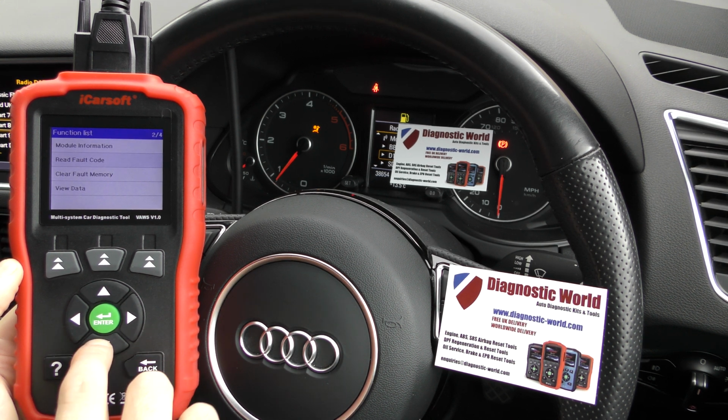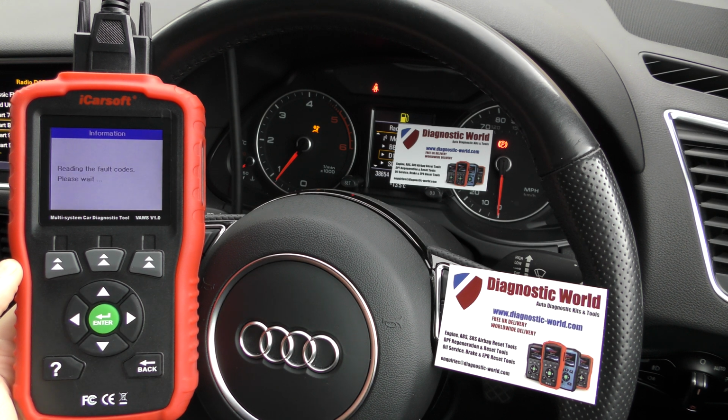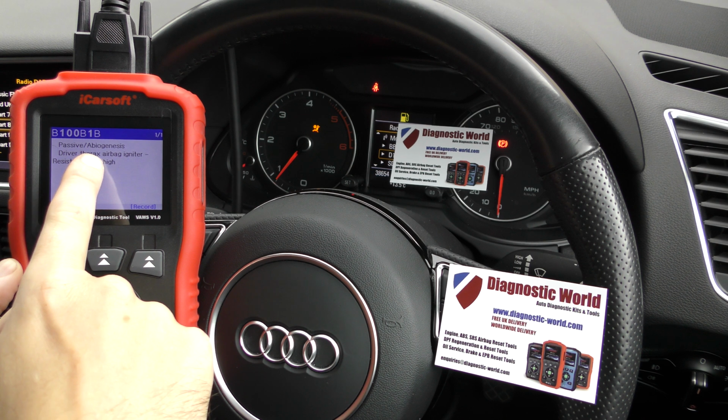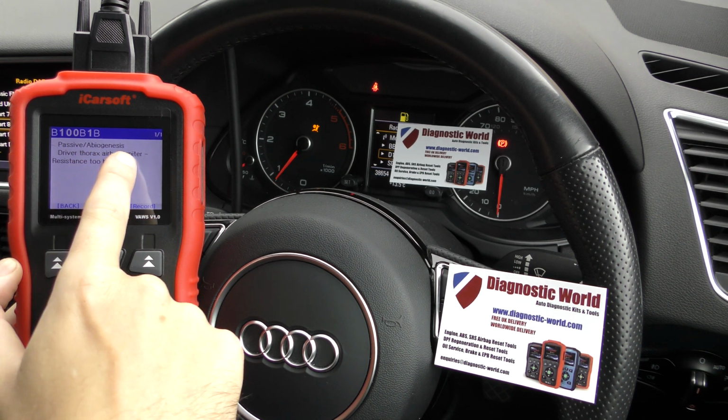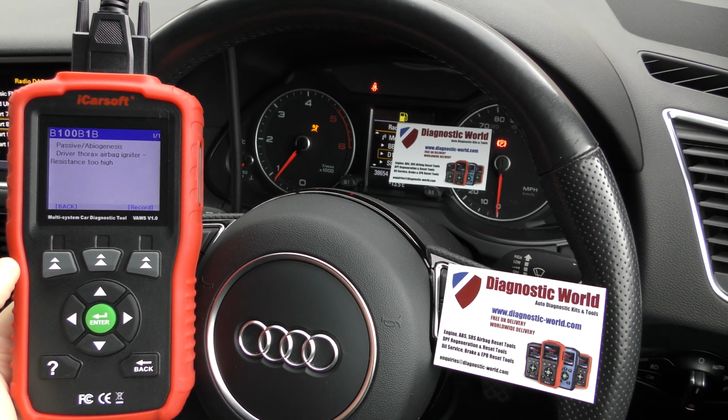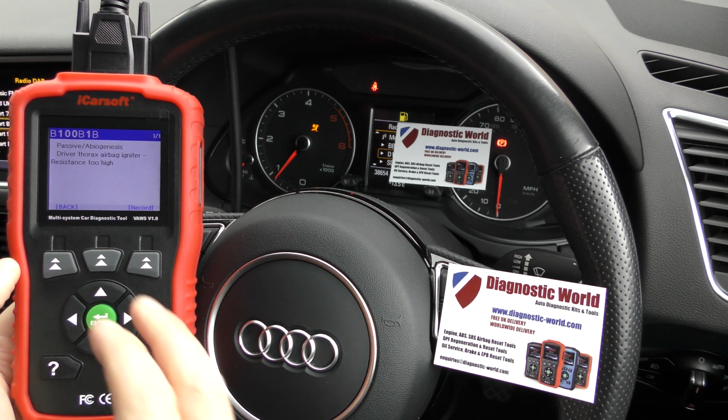There we go, so we can click into read fault code first of all, and we've got B100B1B passive, driver thorax airbag igniter resistance too high. So basically we'd found a loose connection underneath the driver's seat. One of the yellow connectors was loose, so we've put that back in, and now we're in a case,